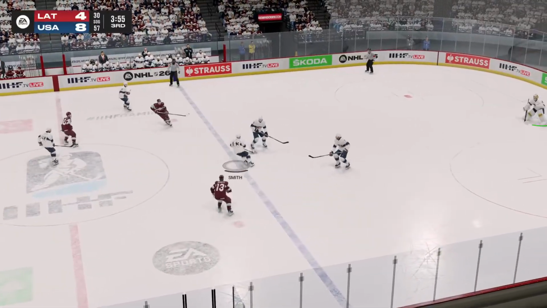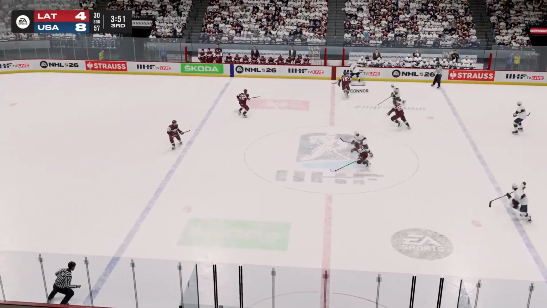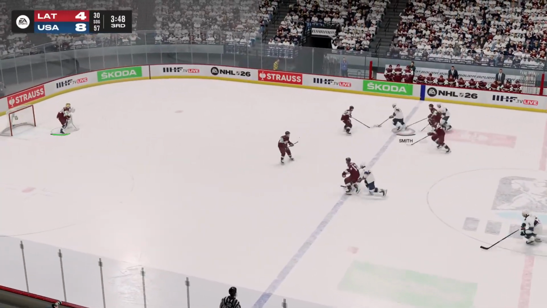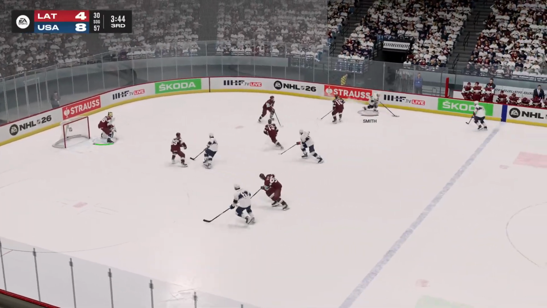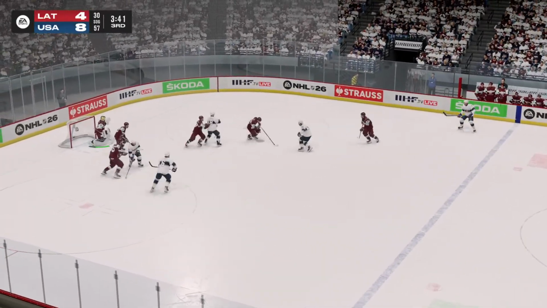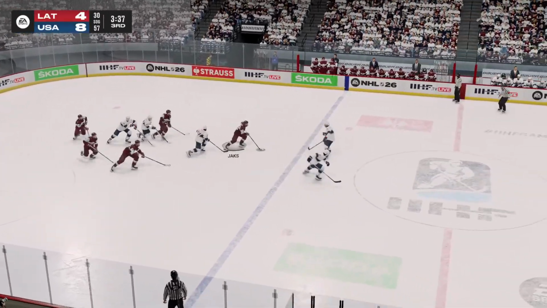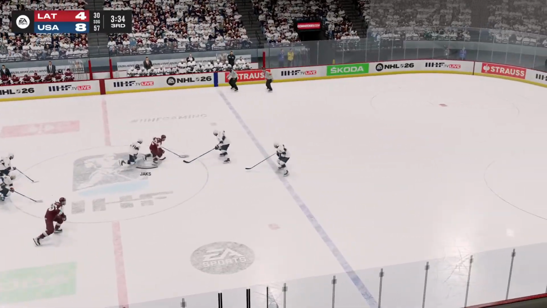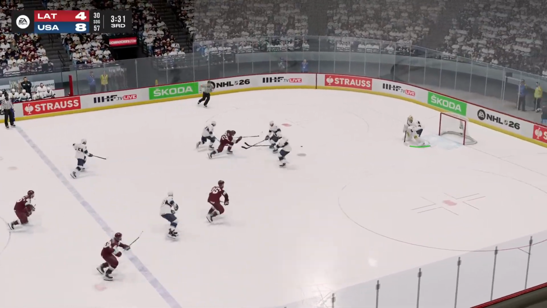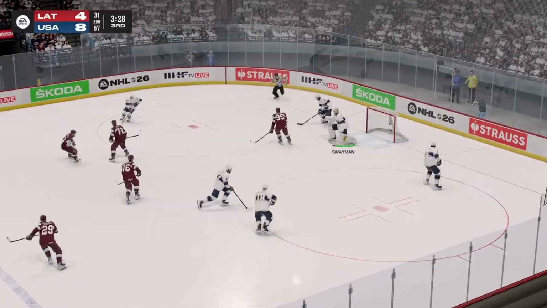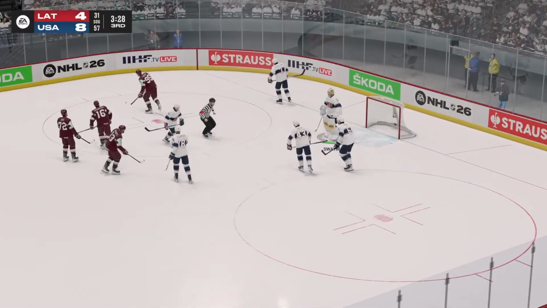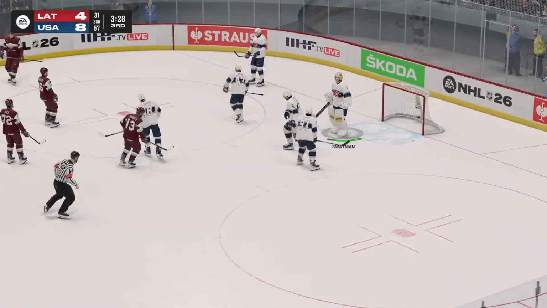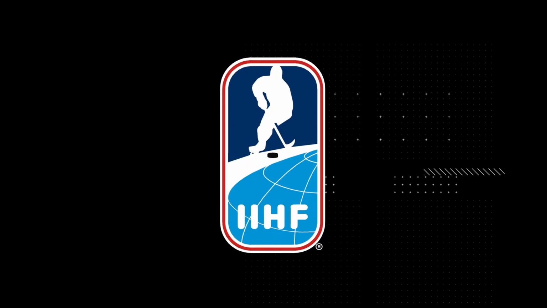4-goal game in favor of the United States. Smith turns back again. Long turn here for the United States. Smith button hooks back, fires a shot off a body. Yaks with the shot block. And now back out. There are skaters that have been out there for a long time for both teams. Swayman makes the stop. And now that gives us a chance to change. 3:28 to go in the third.